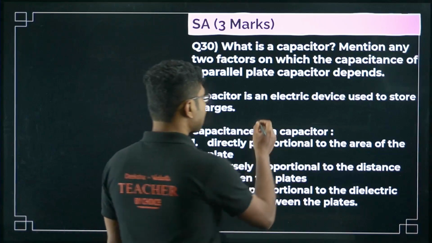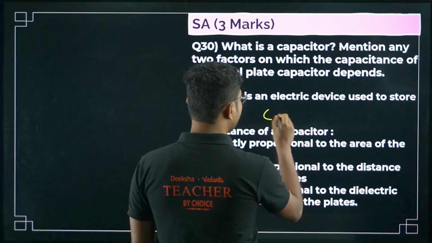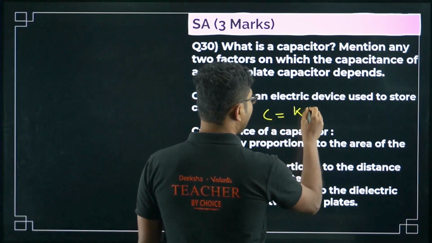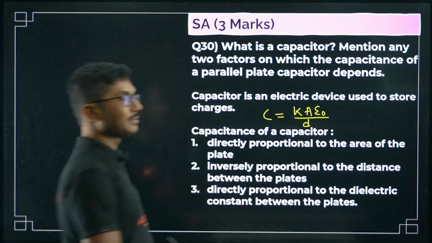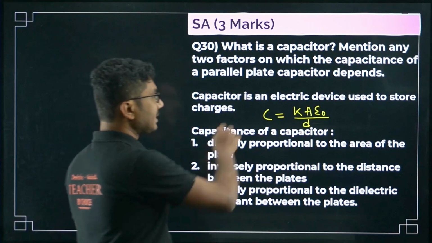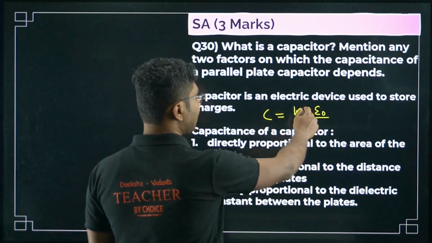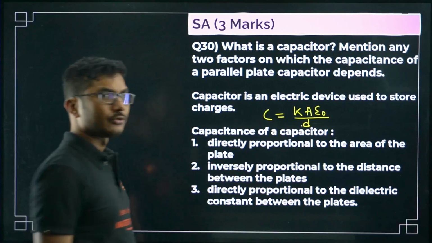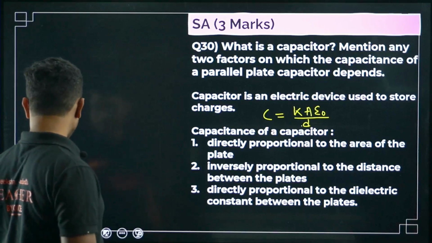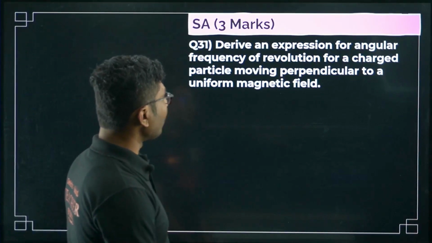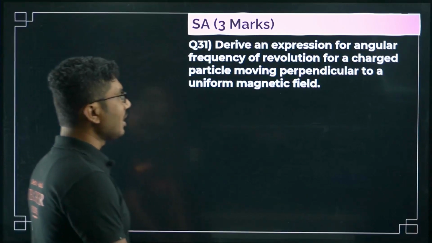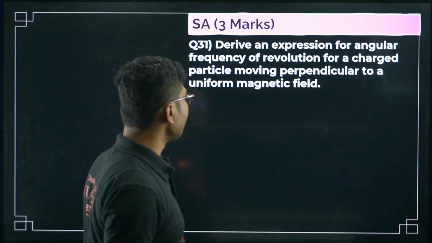So we know that capacitance is given by C equals K A epsilon naught by D. Right, this is the expression for the capacitance of a parallel plate capacitor. So it is directly proportional to K, directly proportional to A, inversely proportional to D. In case you forget, you can remember this equation and write the answer. Derive an expression for the angular frequency of revolution for a charged particle moving perpendicular to a uniform